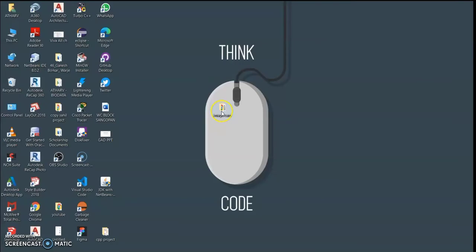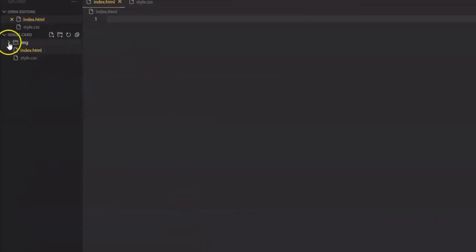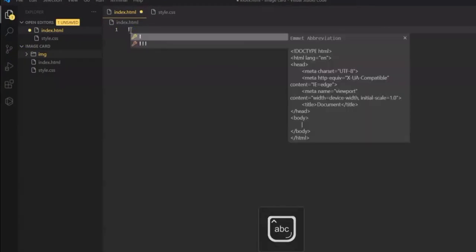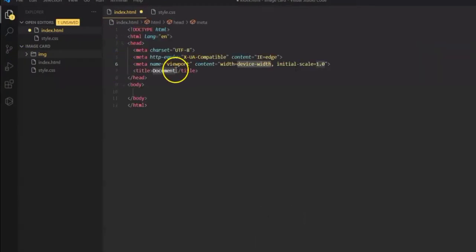So in this video we will create two cards with images, subtitles and some description of the image with buttons. Basically cards are used in almost all e-commerce websites like Amazon and other food delivery applications as well.